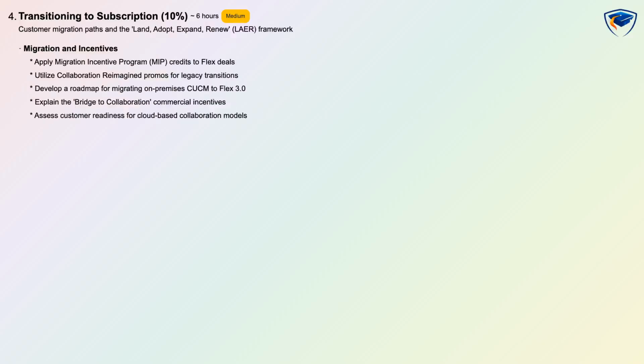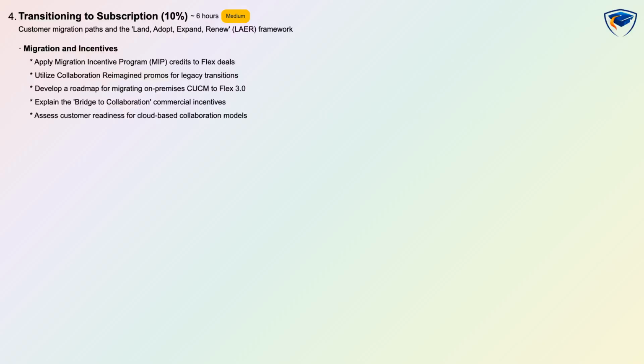In this domain, you'll also learn how to apply promotional codes and handle exception workflows, manage quote-to-order conversion and validation steps, and identify the process for midterm expansions and add-on orders. You'll perform true forward and anniversary alignment calculations, manage renewal notifications and automated renewal settings, and execute quote modifications for